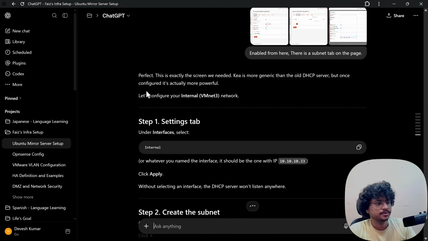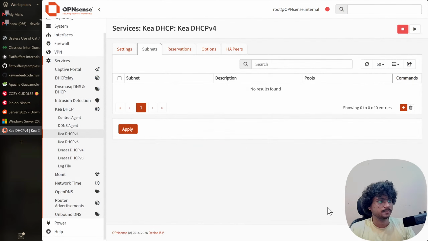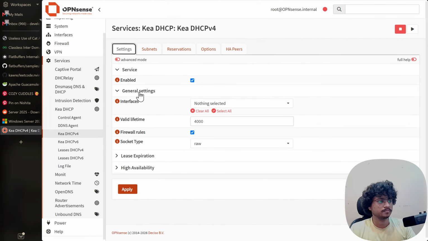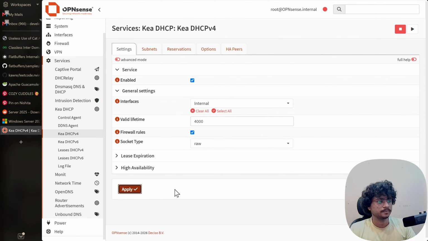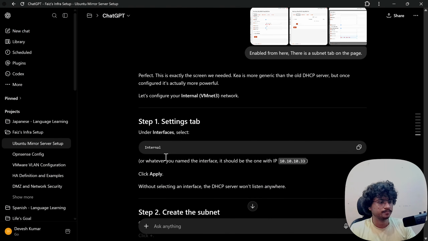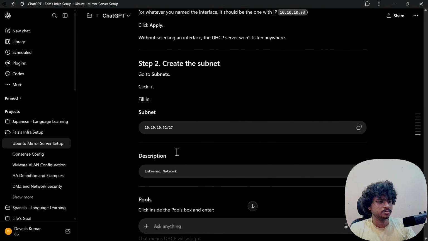But once it's configured, your internal network, in the settings tab under interfaces, selected internal. Create the subnet.